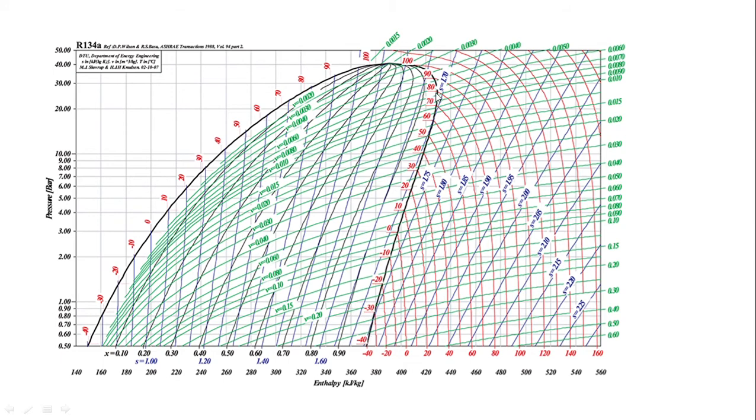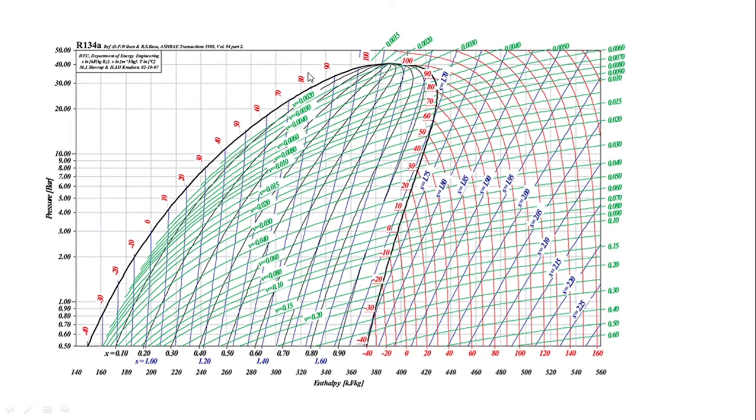The saturated vapor line and the saturated liquid line form a vapor dome. It is showing you the vapor dome. The point where both lines meet, we call it the critical point. So this is the critical point. At the top you will have the critical point.